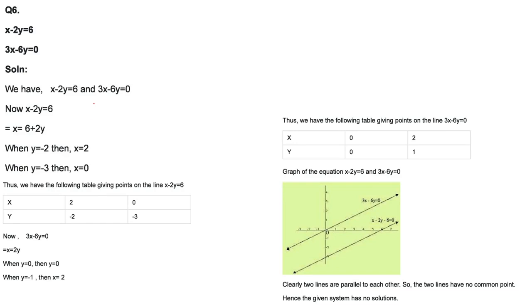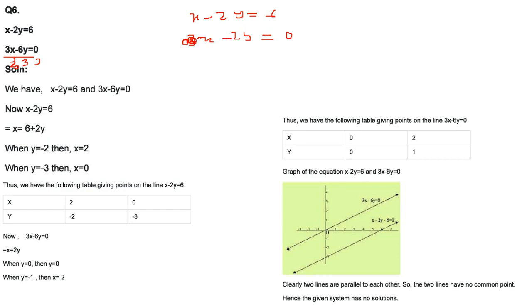What is happening here? Previous questions were exactly similar, but here, see, x minus 2y equal to 6. Let me divide this second equation by 3. So 3x by 3 is x. Now you have minus 6y by 3 is minus 2y, and 18 by 3 is 6. Wait, the second equation gives x minus 2y equal to 0.